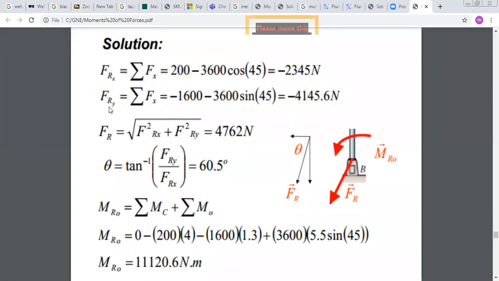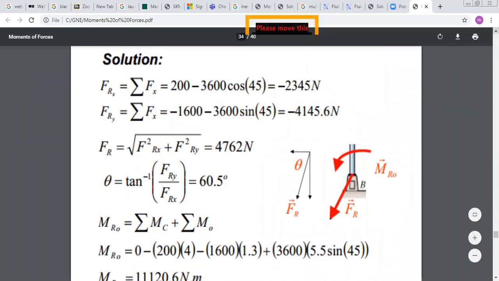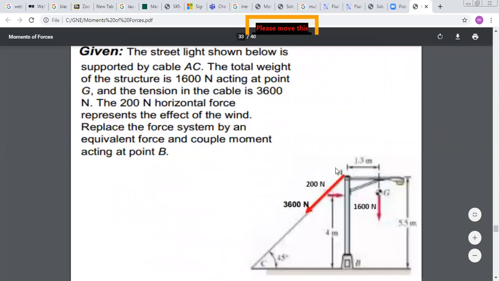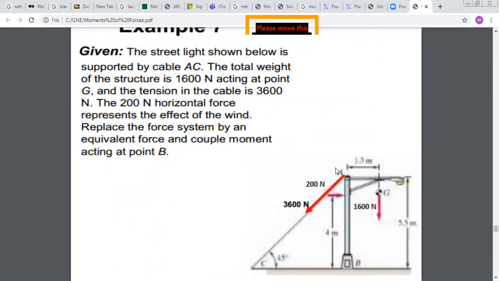But here, look, you have several forces acting on your system. If you want to replace them by one force, this force should be equal to their summation, yes or not? Yes. Okay, this is why the resultant force is equal to the summation of the three forces. And to find the summation of the three forces, I decomposed them into X and Y. I found sum of X resultant, sum of Y resultant, so I can deduce what is the resultant force of all of these forces. So I can replace these three forces by